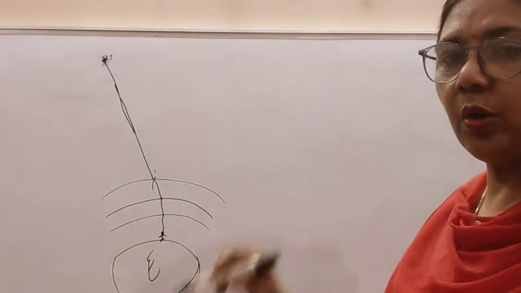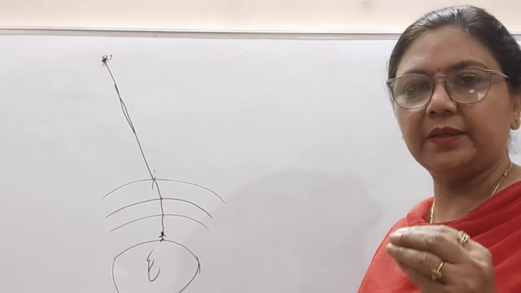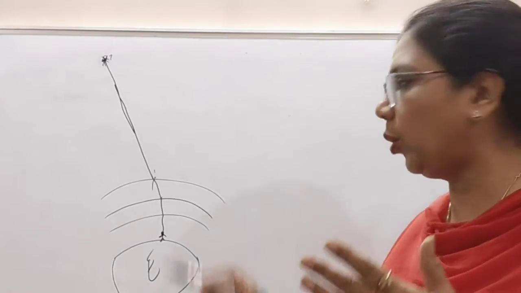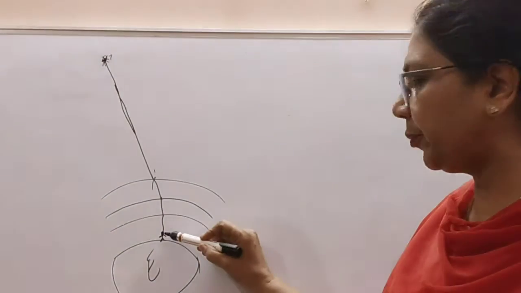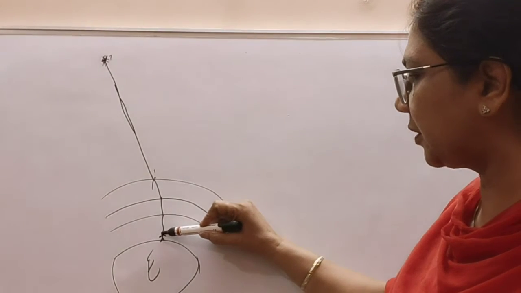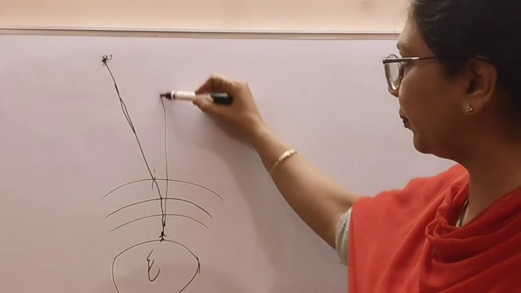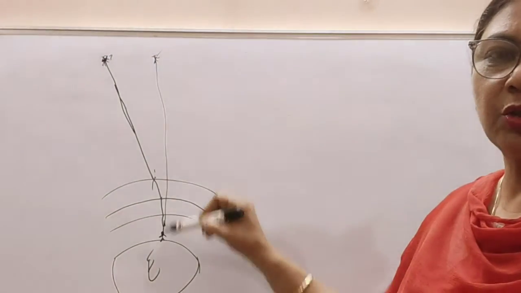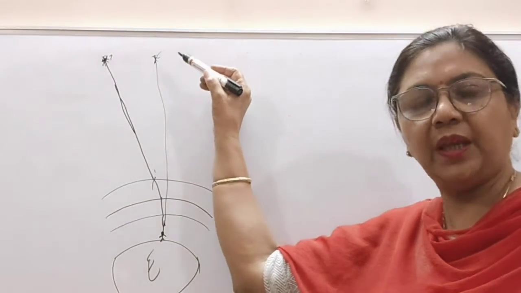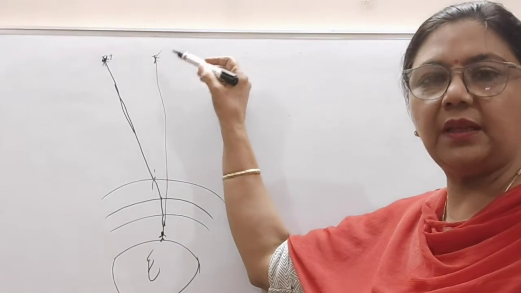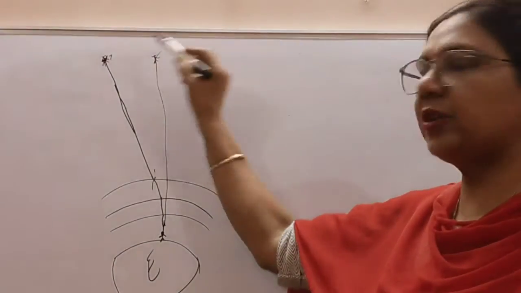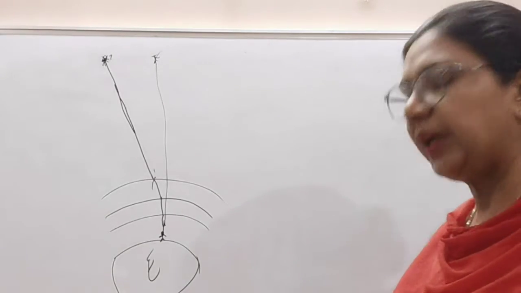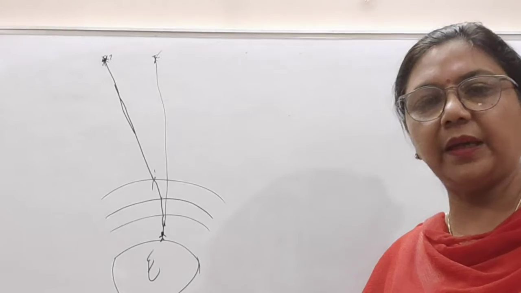It is the property of our eyes, or the brain interprets, that light rays are coming straight, though they have bent here. The brain will make the image of this star at this position. For the brain the light rays are coming straight, so our eyes see the apparent position of the star higher than the actual position of the star. This is the first phenomenon, the apparent position of the star. The question can be framed: the apparent position of the star is higher than the actual position of the star.